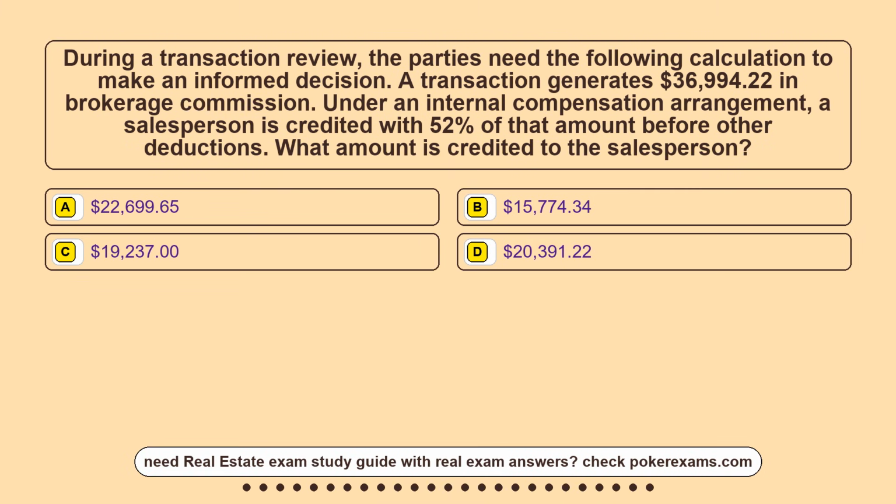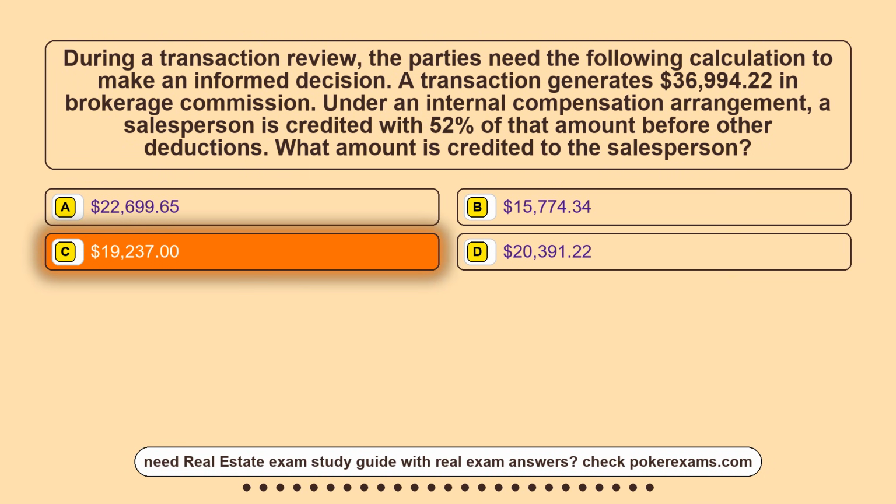Option A, $22,699.65. Option B, $15,774.34. Option C, $19,237. Option D, $20,391.22. The correct answer is option C,